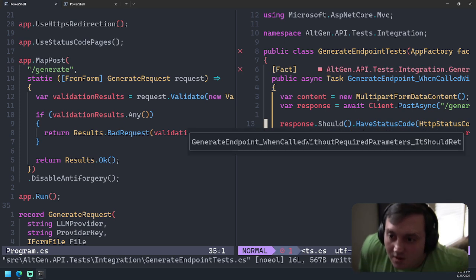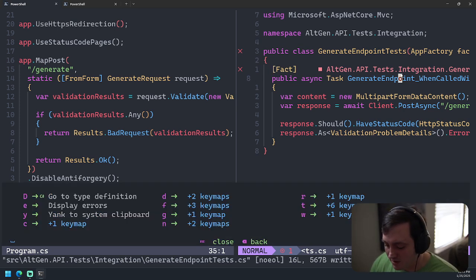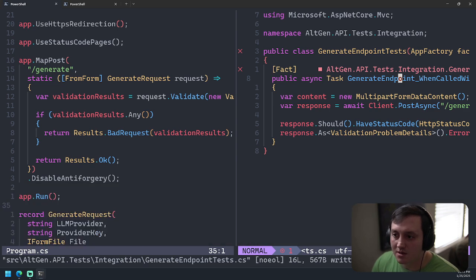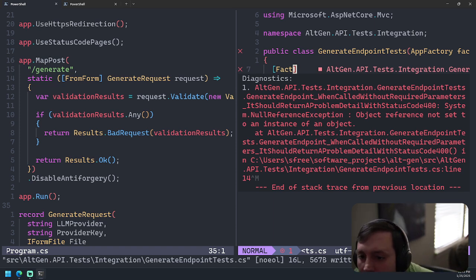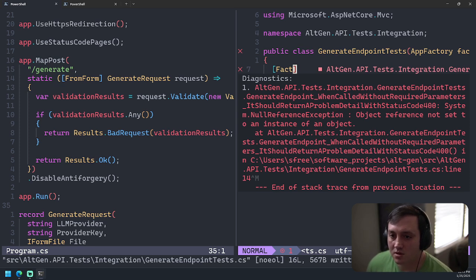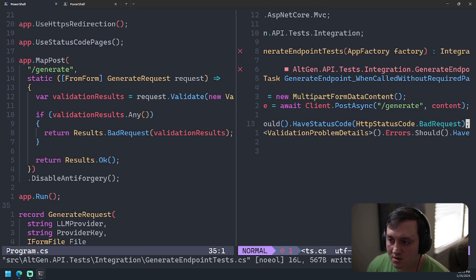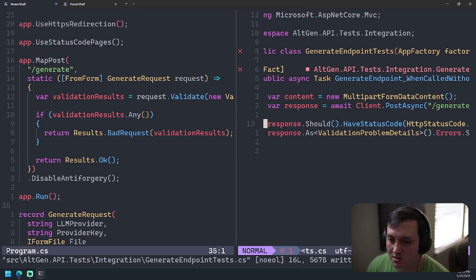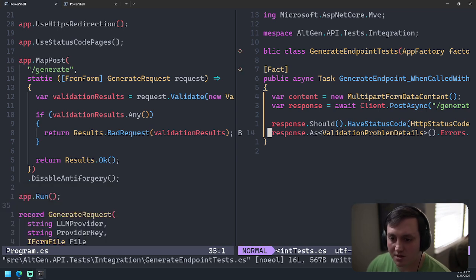Okay, now that failed, so it must not be returning for the reason I expect. Object reference not set to an instance of an object. I think that's when we're trying to cast here. Let's set a breakpoint. Let's debug this.